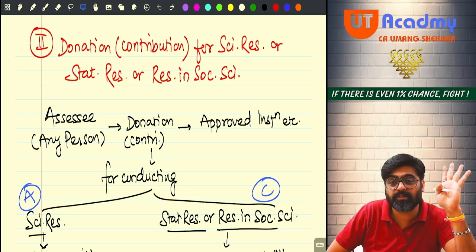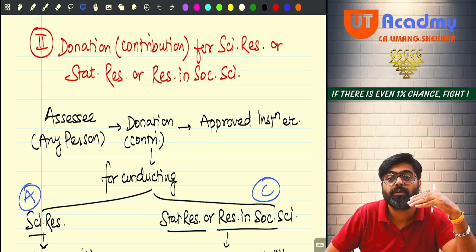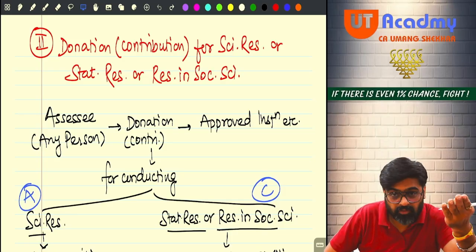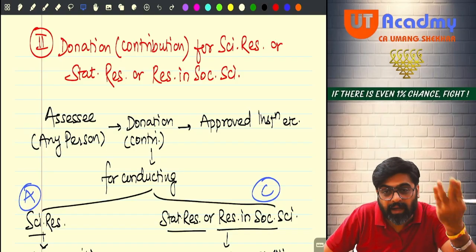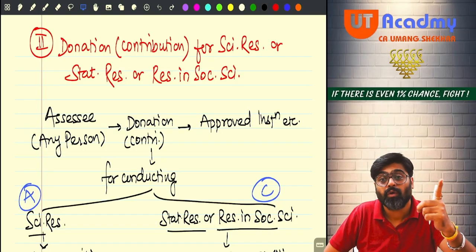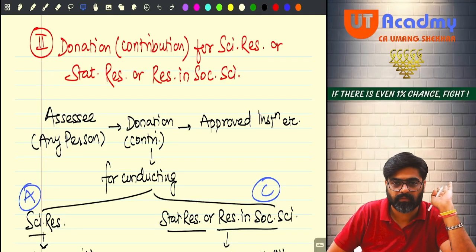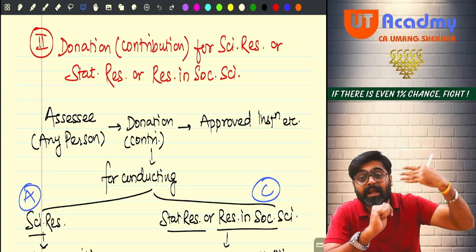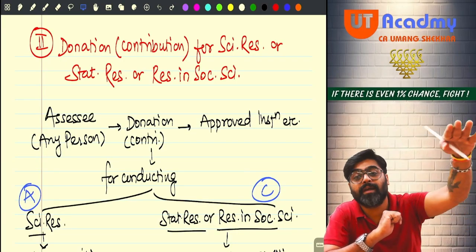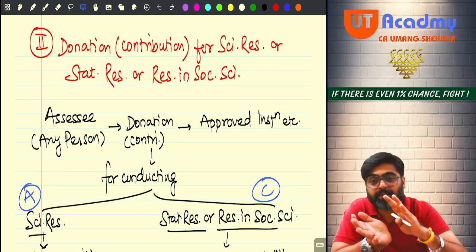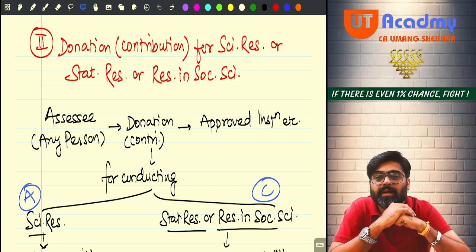Now who performs these researches? Come on, tell me. There are certain institutes, organizations, associations, colleges, universities, IITs, etc., which are approved by the government to conduct such type of researches. Now they are usually funded by the government. The government usually gives them funds to conduct their researches. But sometimes the government cannot give them enough funds. So what does the government do?